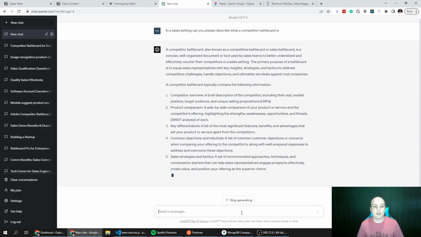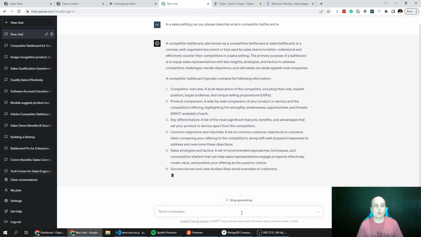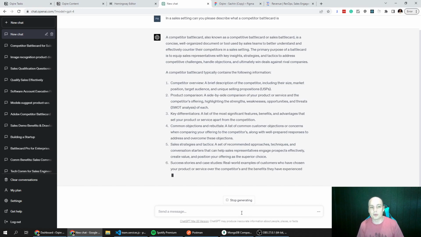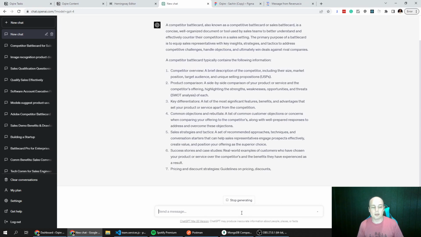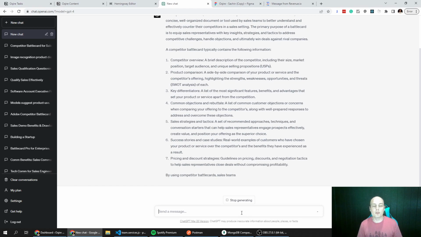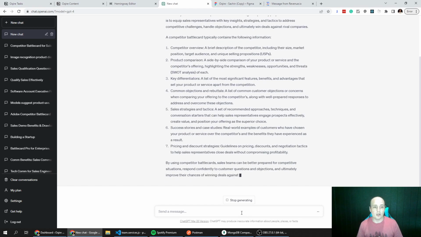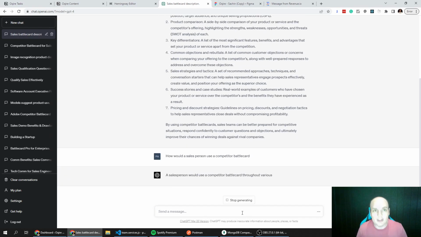Now, the other thing that I'm doing is taking this a step further and going, okay, well, it's great that my designer knows what a battle card is now, but I should be providing them with some more context. And again, this is through the lens of someone who's using a freelance designer. You're doing it on a bootstrap budget, and you're not necessarily having the time or the money for them to go and do a lot of this research themselves. So the next question I ask is how would a salesperson use a competitor battle card? Now, again, it's just going to give that additional context.